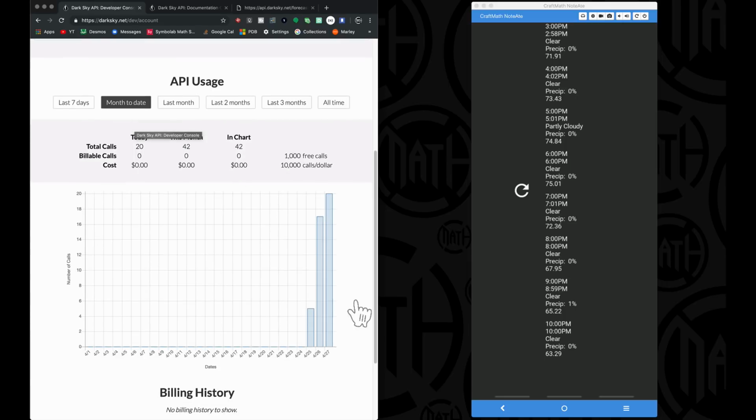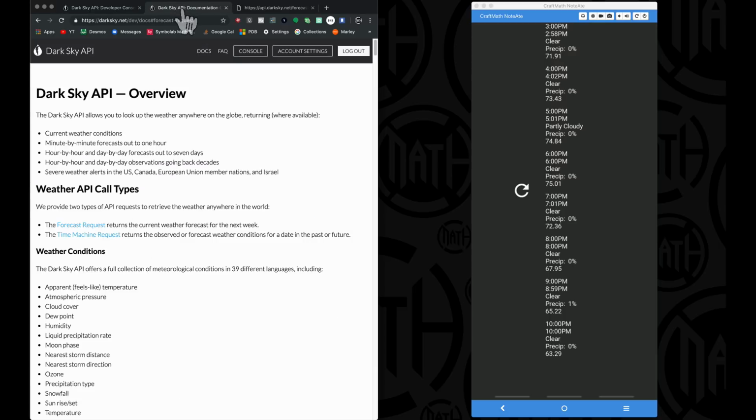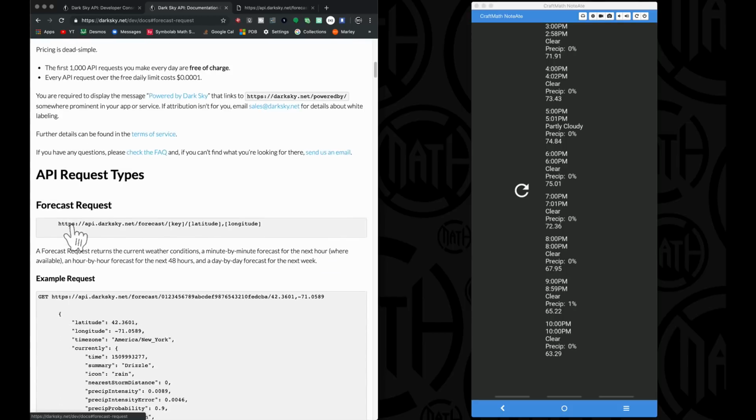I've started using this 2 or 3 days ago, and yesterday, for example, I made a total of 17 calls. That's when I was working on it and getting everything set up. And today I've made 20 calls, and this is going to reset every day by using the free API from Dark Sky. Now, the Dark Sky documentation, I encourage you to read through the forecast requests,